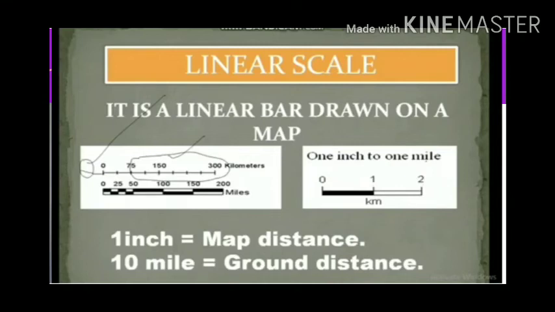If a ruler is not available, then a compass, a blade of grass, or for curves a thread can be used for measuring the actual distance between places on a map. We use this method when we don't have any other way of measurement, and this is the easiest method to be used.